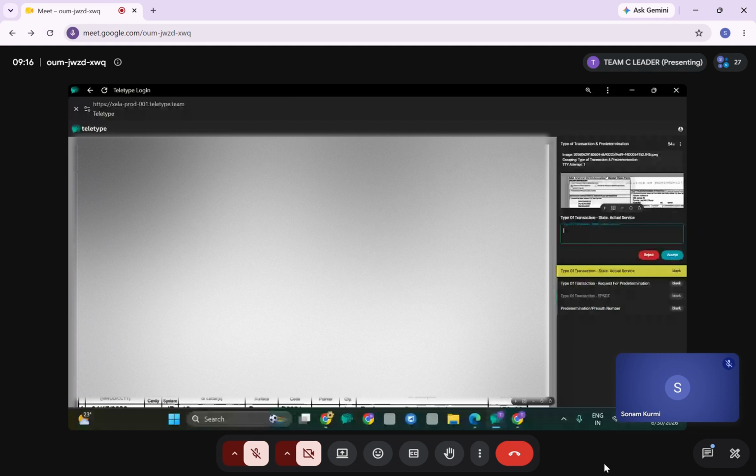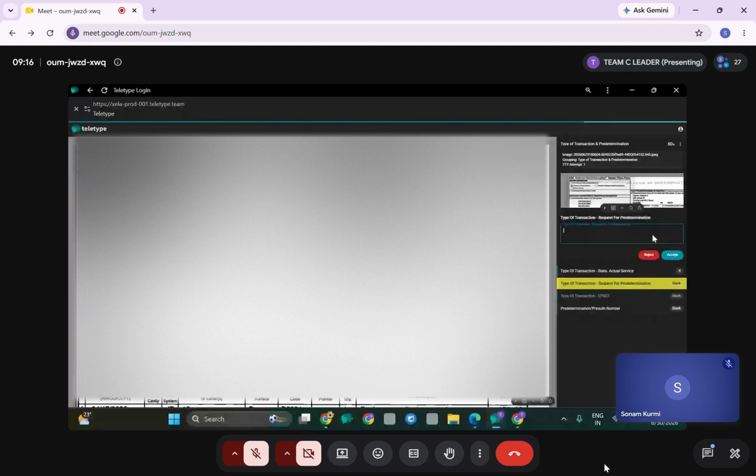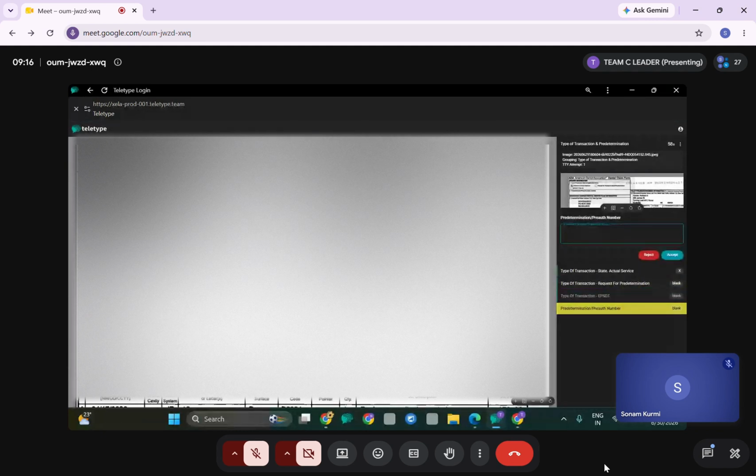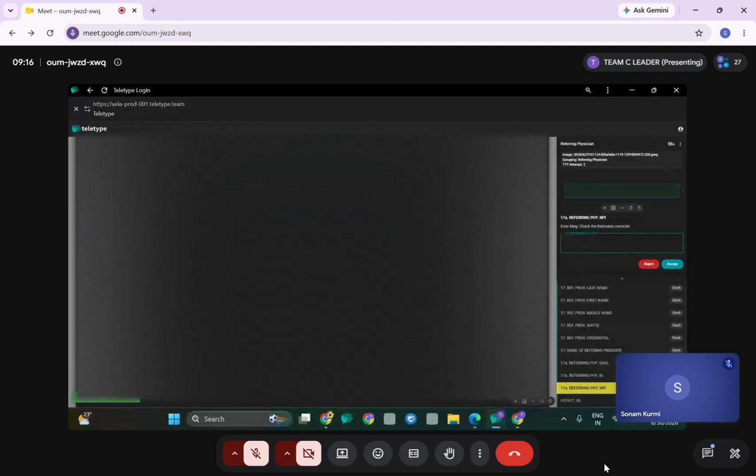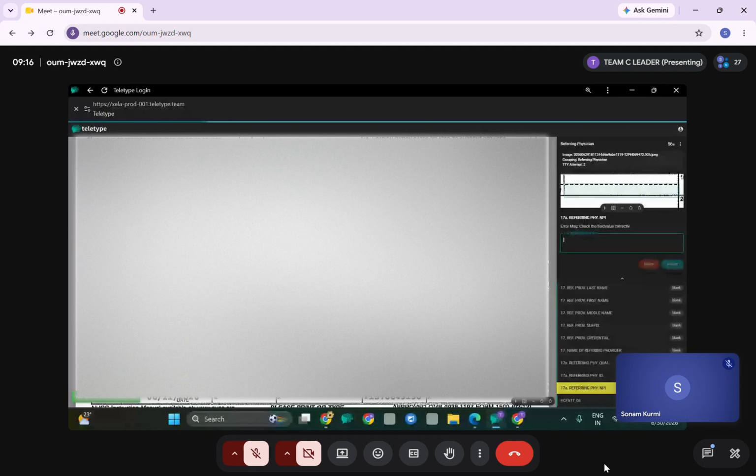This checkbox has been marked, so in the answer box we write capital X. Cost of predetermination has not been marked, so blank and accept. Number is also not there, so blank and accept. This also blank and accept.